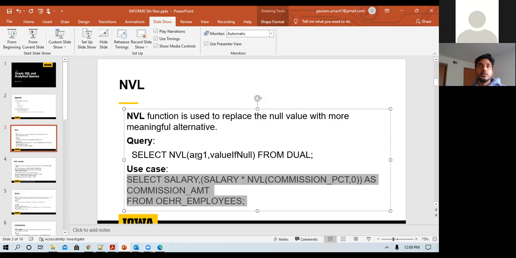So the number of lines of code increases, even though it does the same thing. With NVL, if you know what the function does, you just pass the argument and you get the value. So before moving to the next slide, if you have any question.